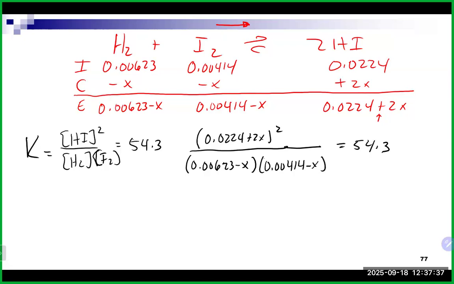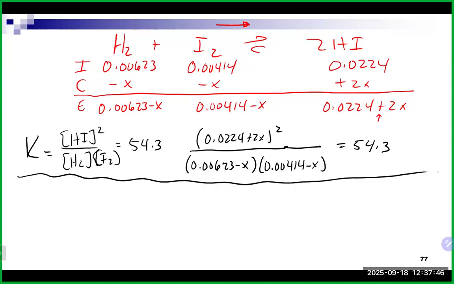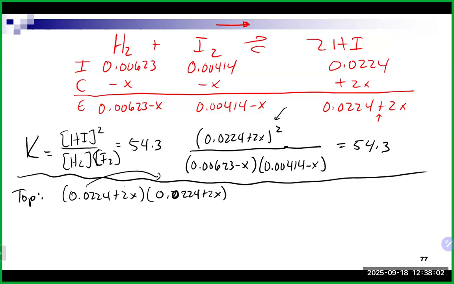So I'm going to do the top first, then the bottom, then put them all together. Up on top, on this side here, we basically have 0.0224 plus 2x, and that is twice, so 0.224 plus 2x. If you factor, you FOIL, whatever they call it these days, you will get this here,